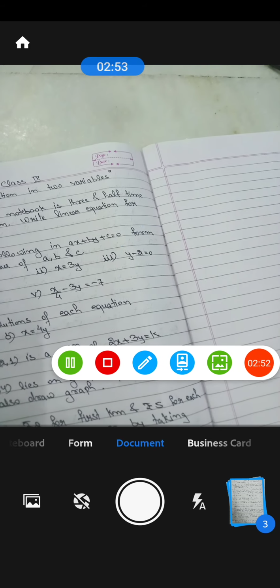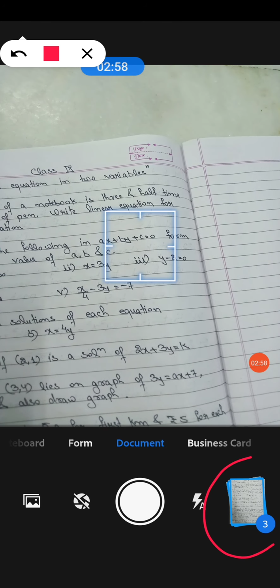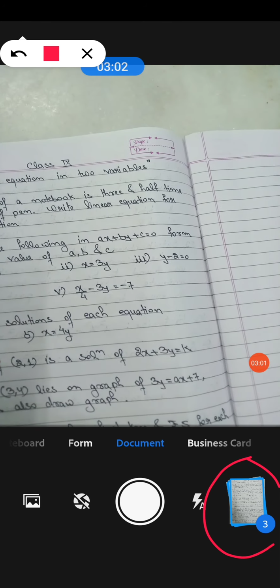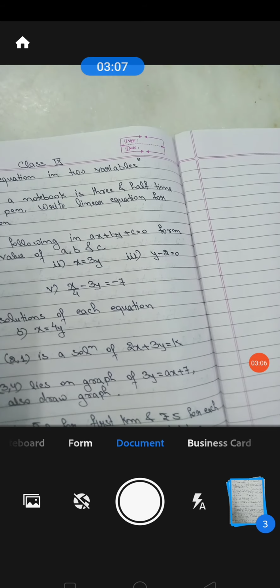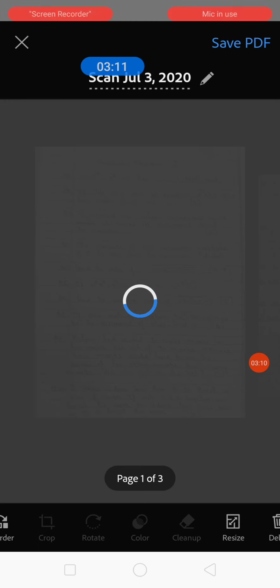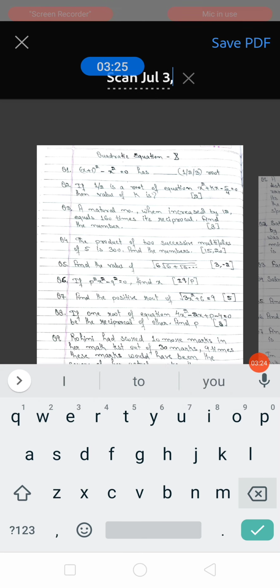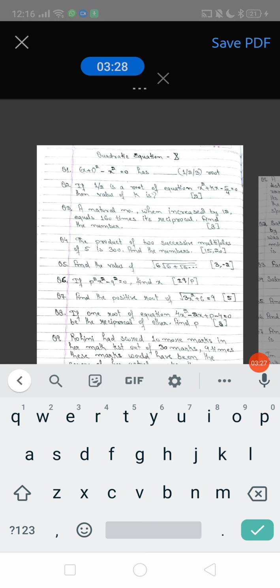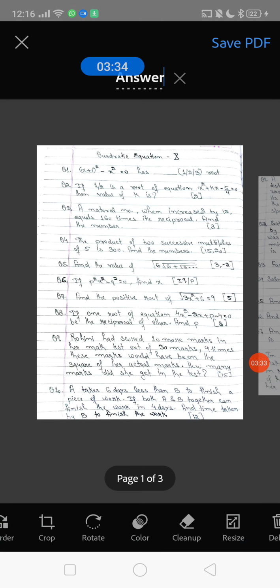And then you can see that all the images sum up in the right bottom corner. So we need to click on right bottom corner here. So I'll click here and all the 3 pages open up. Now we have to adjust the color. As you can see here, I can rename if required. I'll rename as answer so that I can identify my document, and then adjust the color.